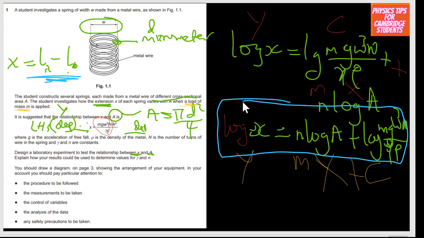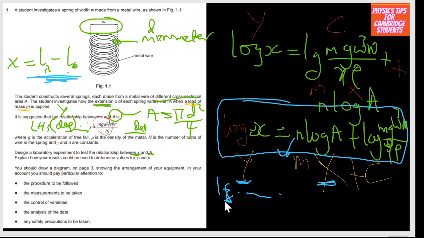So I'm going to have my log x plotted on the y-axis, versus log a plotted on the x-axis. n is going to be my gradient. And then if the relationship is true, your statement should be accompanied by 'if the relationship is true', since you don't know whether it's going to be true or not. So if it is true, then you're going to get a straight line graph